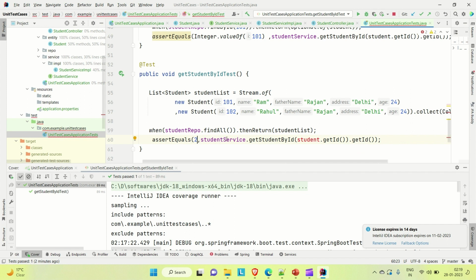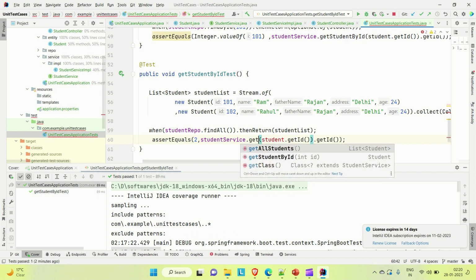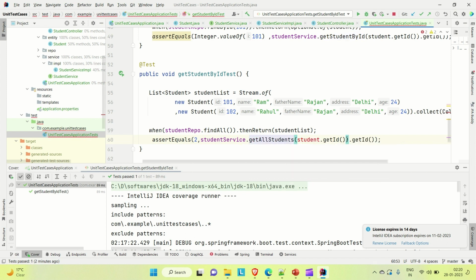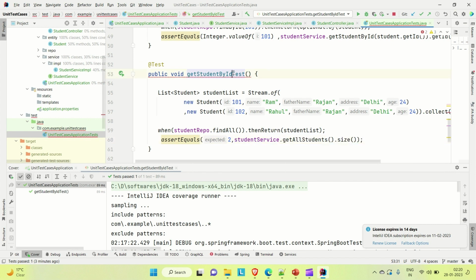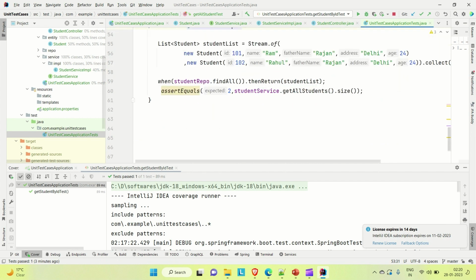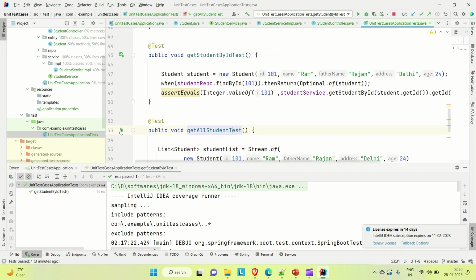So here we are going to create the get all student method, and we need not pass anything. Let me see the size of that, and get all student. Let me run this,